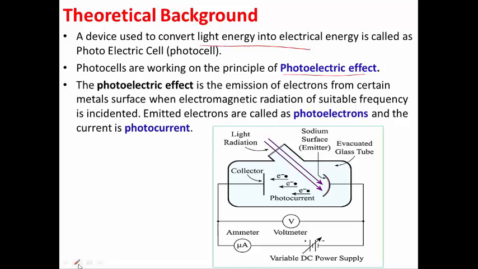Here, you just look at this. Whatever the potential which we are applying externally, that stands for the accelerating potential. Here, by making use of this variable power supply, it is possible to change the accelerating potential. If you are increasing the accelerating potential, the photocurrent recorded in this ammeter also changes. Up to certain value only this changes. After certain voltage, this photocurrent will become constant.